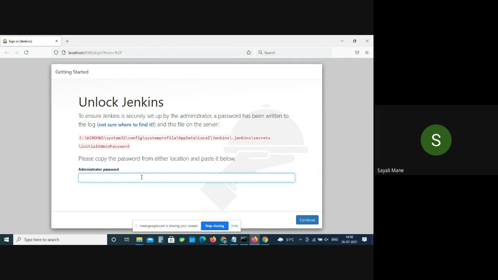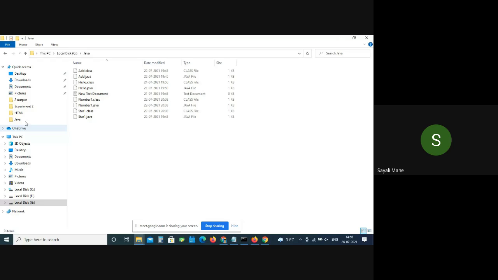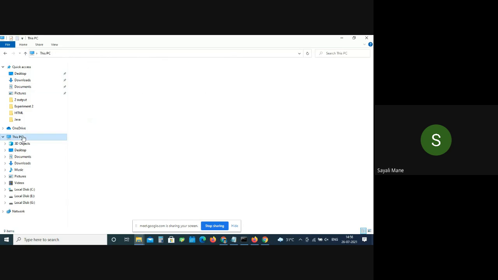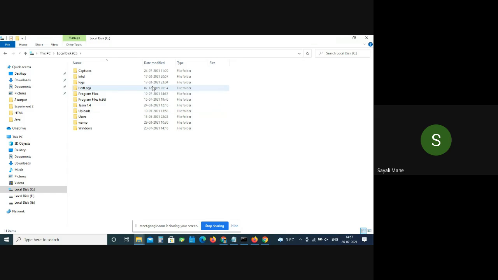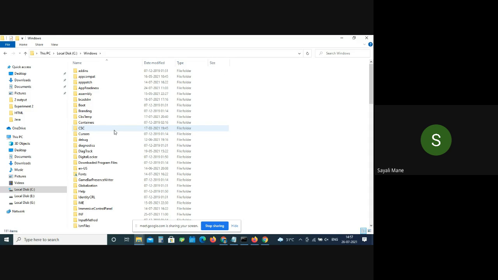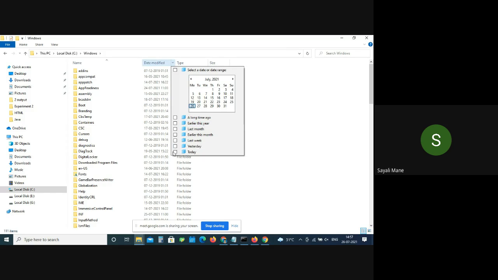And those who are getting this screen, what you have to do is go to your My PC. See this one, follow this path. Then your C drive. Then go to Windows. Okay, then what was the next one? System32, right?